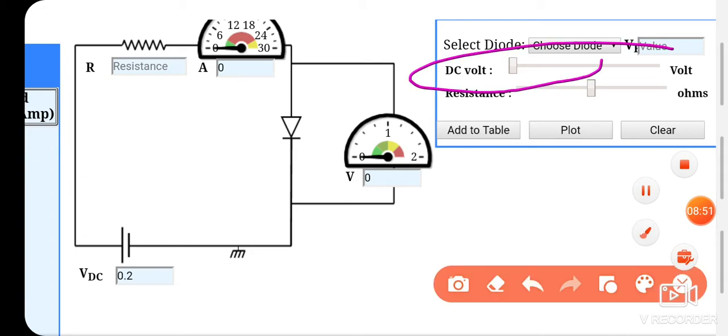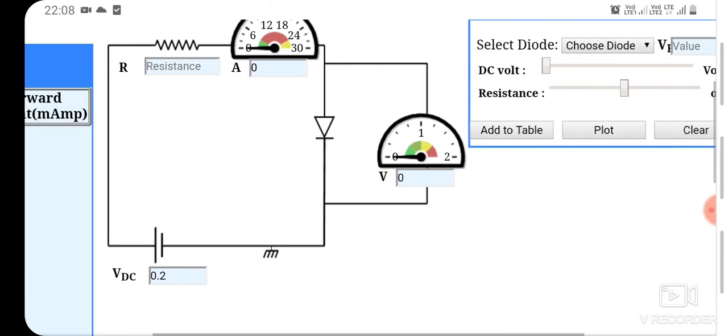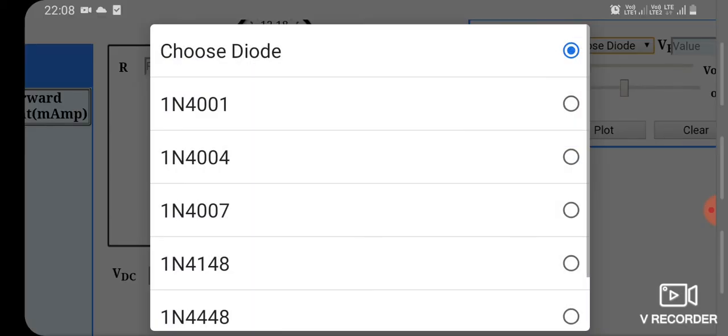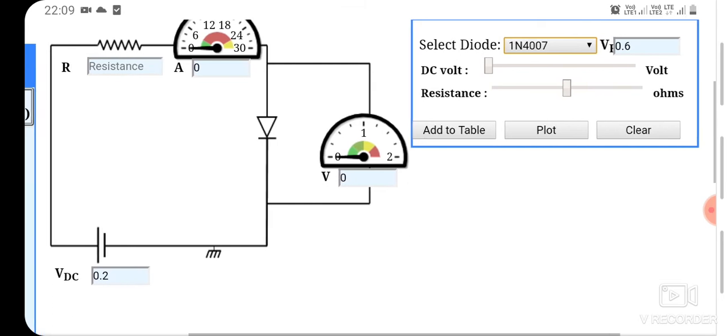Now after this we have to set the value of the resistance, but before that we must choose the type of the diode. In this case we can choose 1N4007. This is optional; you can also choose the other options. Now I am fixing the resistance by sliding this slider.